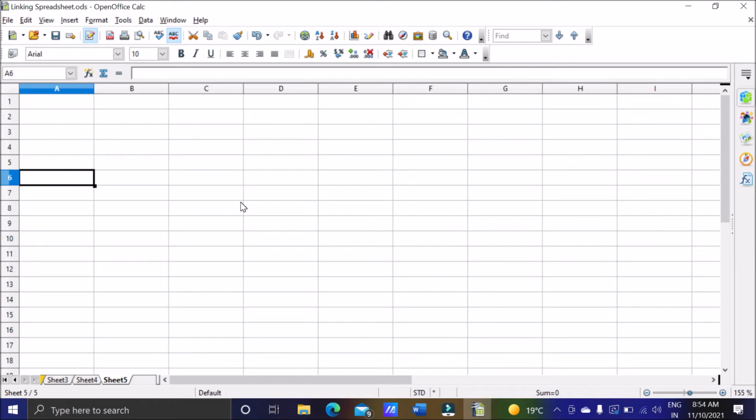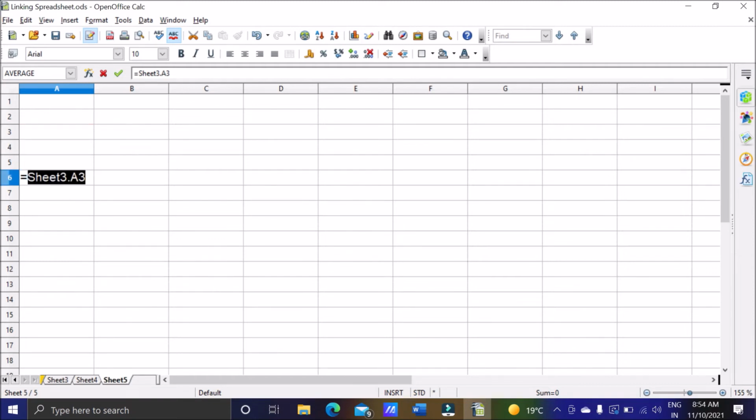So here you can see we are referencing multiple sheets. Data is in sheet number 3 and 4, and I am trying to get the result in sheet number 5. So I will write equal to, and then click on sheet number 3, and then click on this cell which I want to copy. You will see I got it.